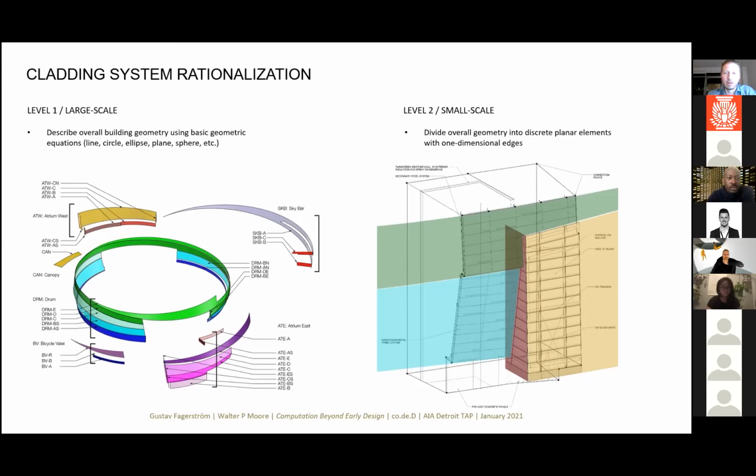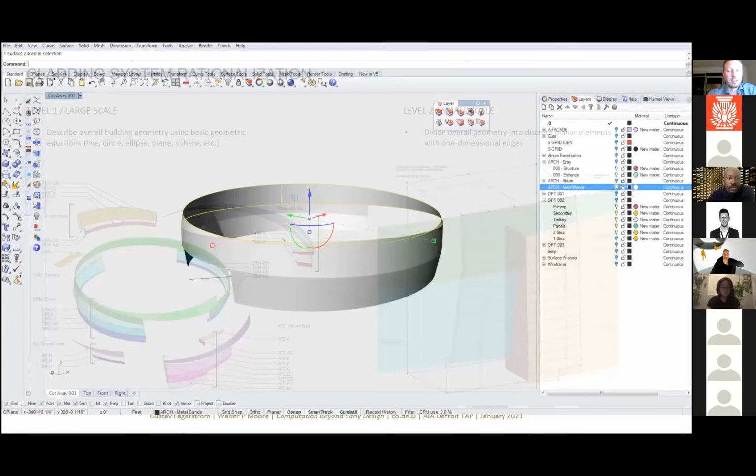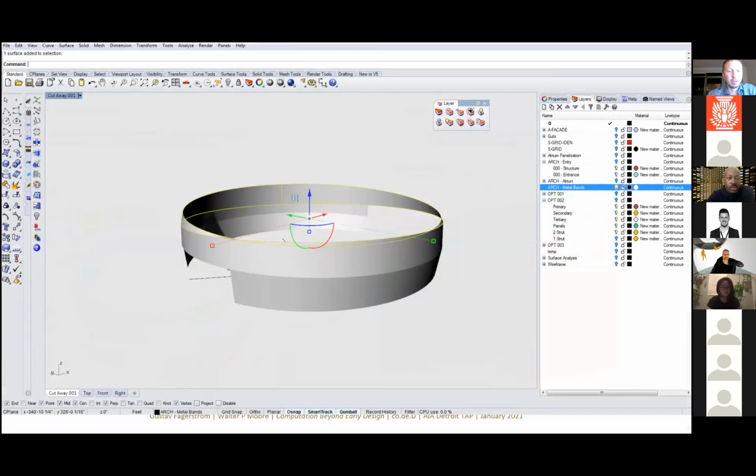So that is a roundabout way of saying discretizing or tessellating or panelizing, whatever it is, depending on what kind of project you're working on. So in this particular case, it was about making flat, four-sided sheets, which are eventually going to be made out of metal and become a metal panel rain screen. And so at the start of that exercise, we have this. This is the surface model. There is more resolution to this, but this is the global geometry that is given to us and that represents the front of cladding from the design intent.